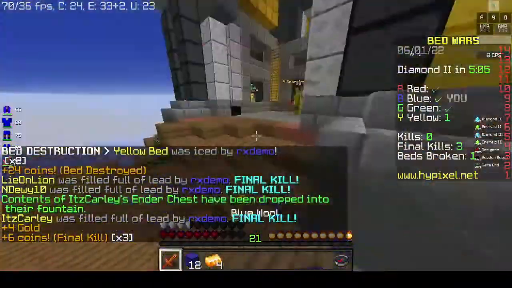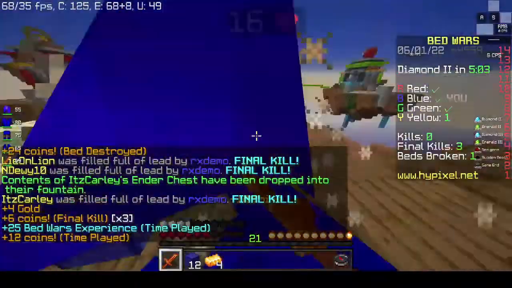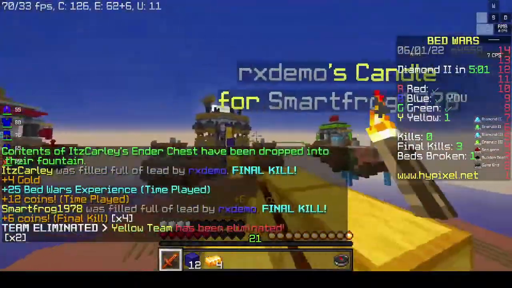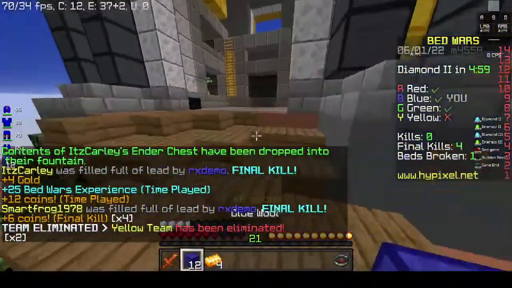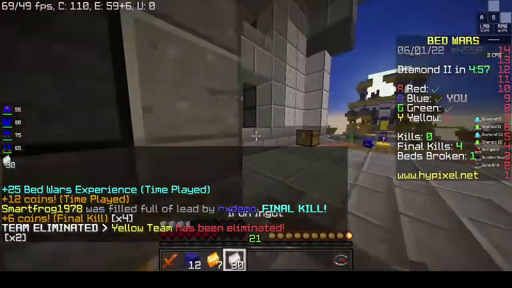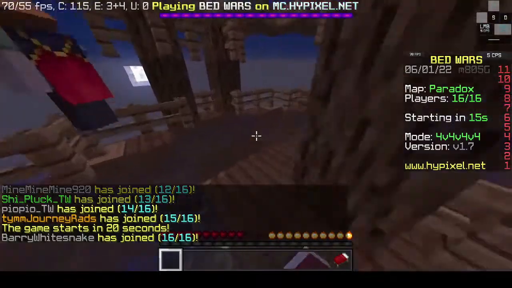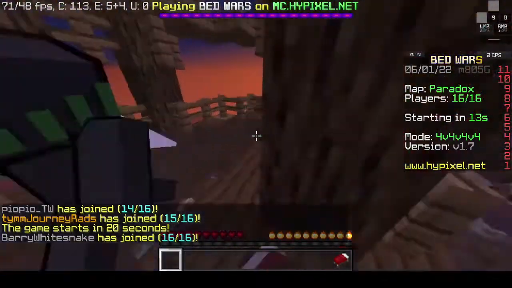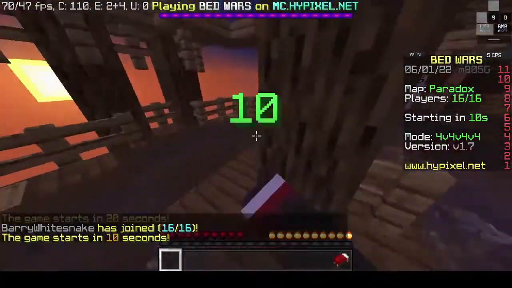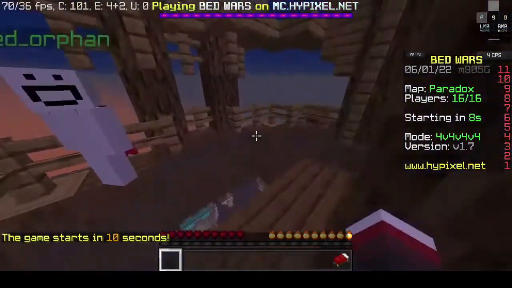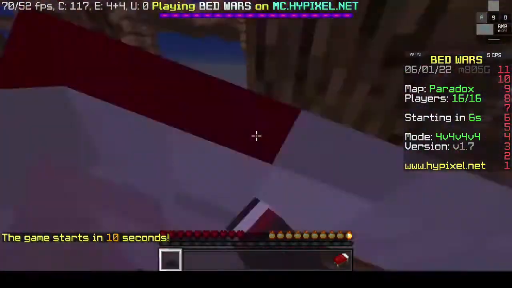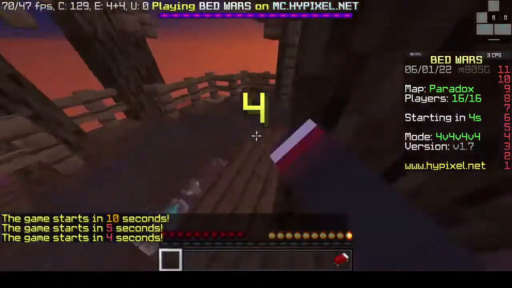A squared plus b squared equals c squared. I had 4 final kills. I don't know how. Swear to God, I've been destroying beds, but then because I destroyed it, all of them just immediately target mine, and my teammates are not even good enough to